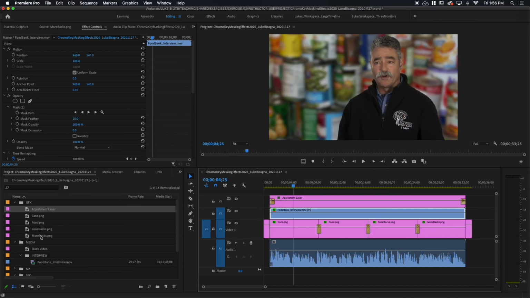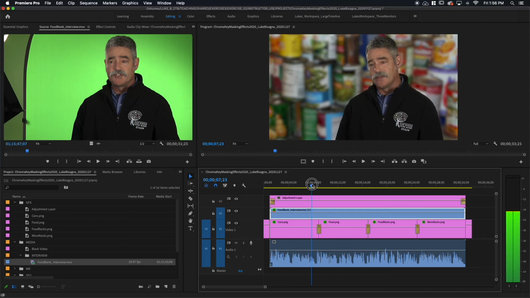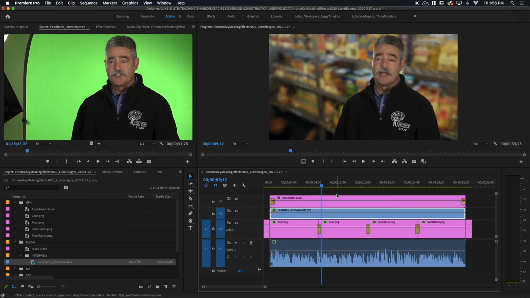So we have gone from a funky green screen setup here to something that is clean and professional. Nice blurred background inserted, dimmed, and then transitions between each of those backgrounds that are non-distracting. So we cleaned up our subject with the Ultra key, masked him off using an opacity mask, then inserted new visual items behind him, used the Gaussian blur effect to make them a little less distracting and overwhelming behind him, and then reduce the opacity of them to dim them down a bit and help our subject to pop forth and pull away from that background.